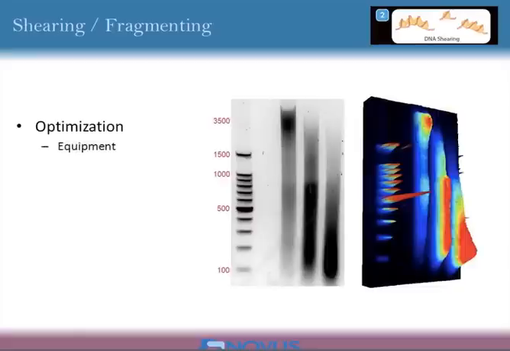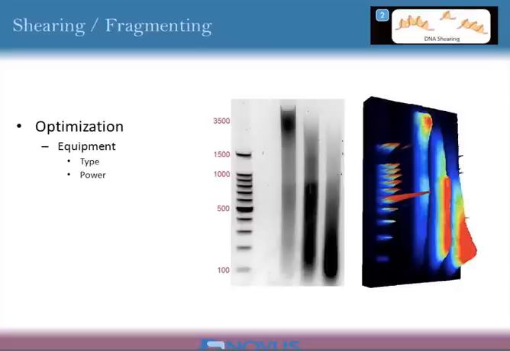So what makes the difference when we're sonicating to have these different shearing patterns? Well, number one is the equipment. Whatever you decide to use as your sonicator, whether it be a microtip sonicator, a horn cup system, a water bath sonicator, they're all going to give very different results that you're going to have to play with to see which is going to be the optimal method for you. So the type of equipment matters, the power setting of the equipment matters, how long you are sonicating for, and